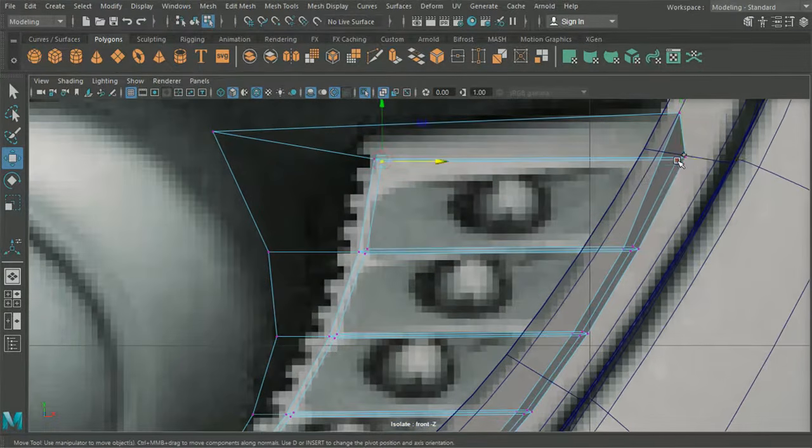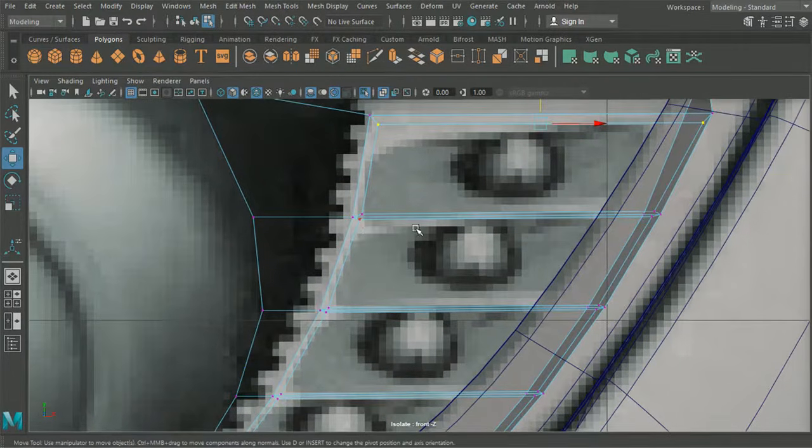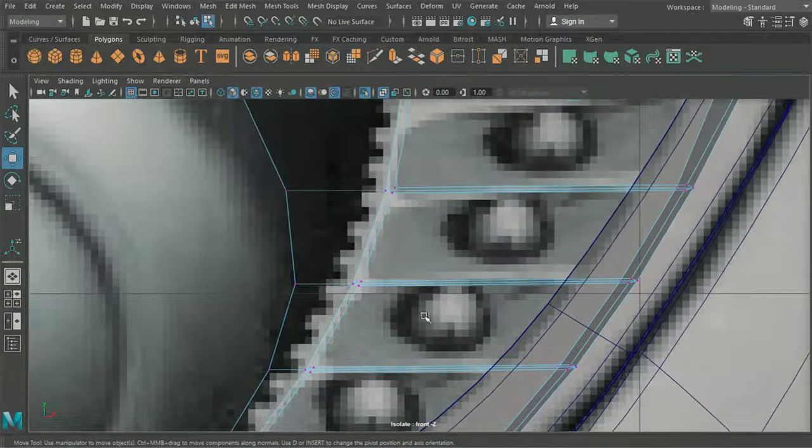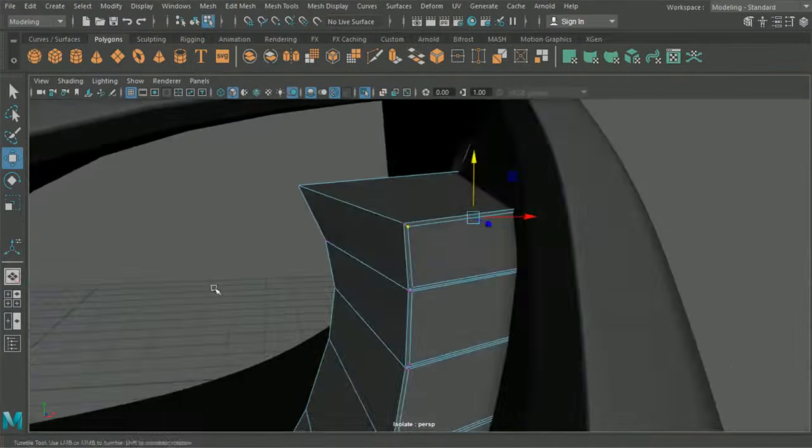And what we're going to do is to each of these here, we want this gap at the top to reflect the same gap that we have down here. So we can see that each of these are slightly thicker because we've got the kind of double edges going through. So I'll do that there. The rest of that's looking okay.